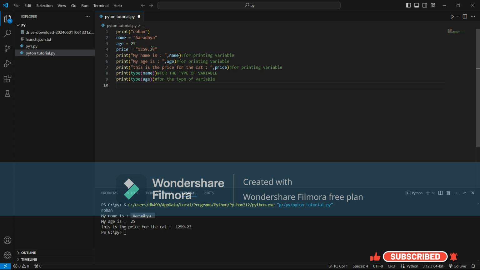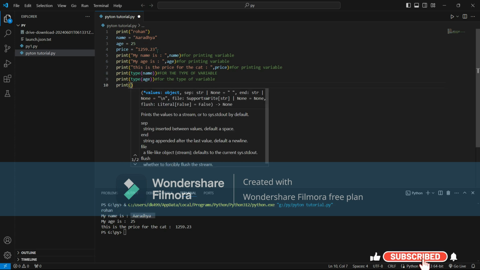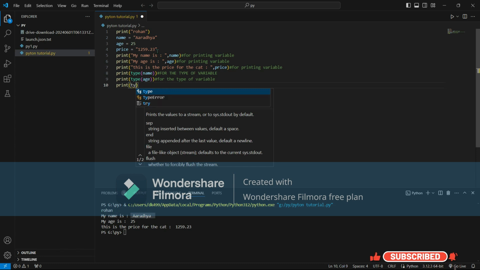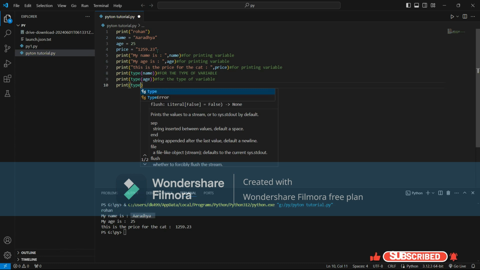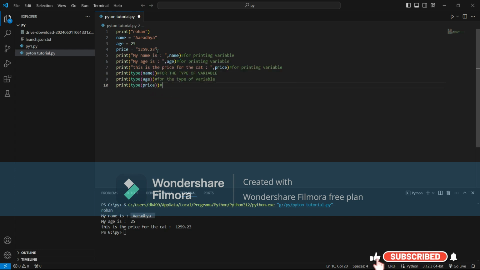And next this price one, print type price, then close it and the comment for type of variable.